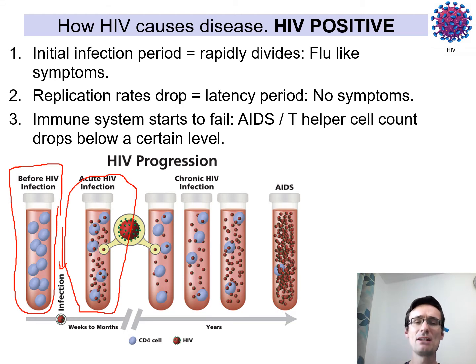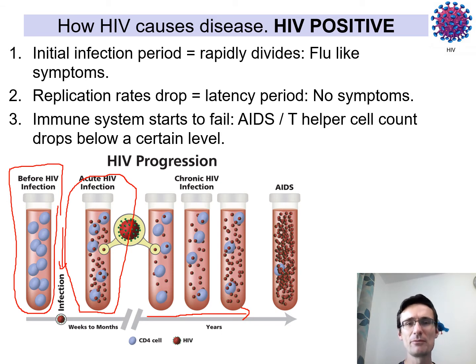However, because the HIV virus is hiding in your T helper cells, it doesn't get destroyed. So it will spend that time hiding in your T helper cells, and it will do very, very little replication. It will be replicating as these years go by, but not enough to cause a massive immune response in your body, and they quickly infect other cells. So there'll be some getting destroyed, some not getting destroyed. But over the years, people get their HIV virus levels monitored, and at some point though it becomes AIDS,